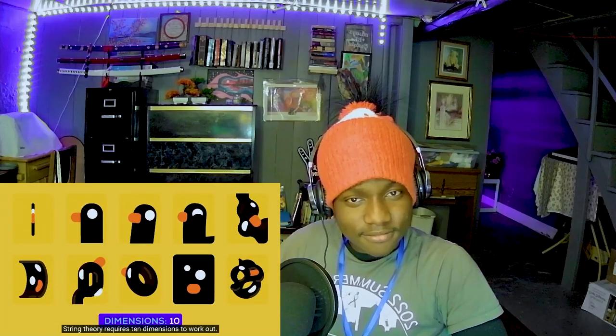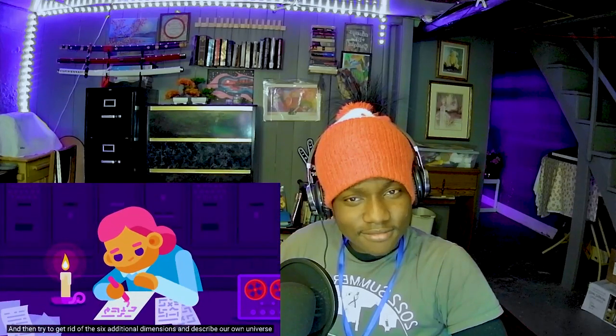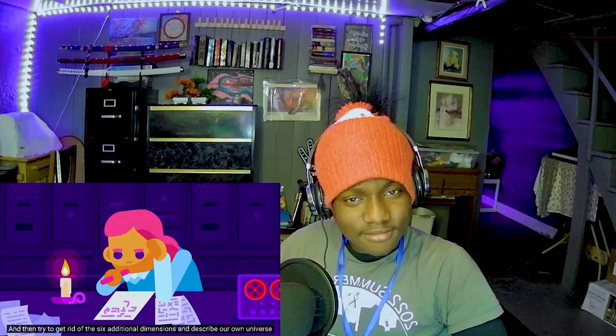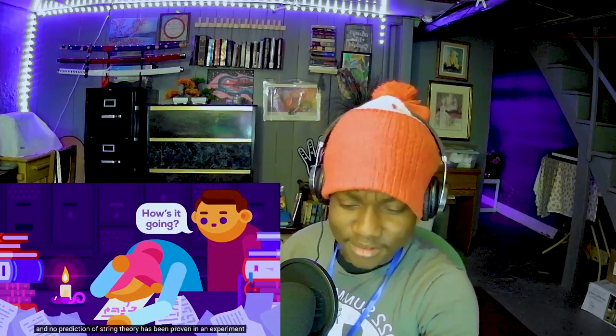Much of the maths involving a consistent string theory does not work in our universe with its 3 spatial and 1 temporal dimensions. String theory requires 10 dimensions to work out. So string theorists did calculations in model universes, and then tried to get rid of the 6 additional dimensions and describe our own universe. But so far, nobody has succeeded, and no prediction of string